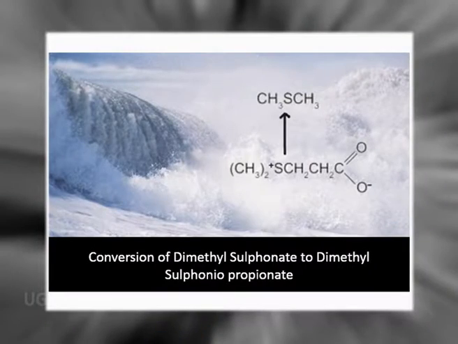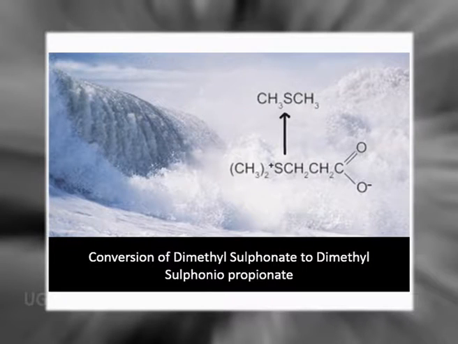In the ocean surface, there is a very common phenomenon, which is conversion of dimethyl sulfonate to dimethyl sulfoniopropionate, or DMSP. This particular conversion of DMS to DMSP is actually by the different microbes or phytoplanktons present in the sea, and very common. The characteristic odor given by the sea water is because of this sulfur compound, also called DMSP.